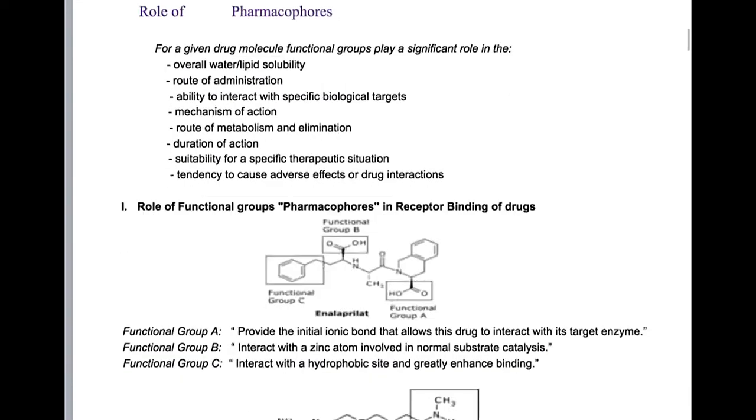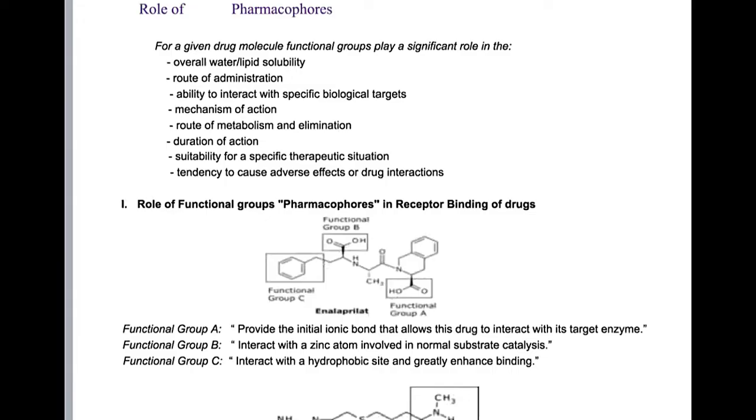But what about the role of function groups or the pharmacophores? Let's say that for a given drug molecule, function groups play a significant role in the overall water lipid solubility. The function group can determine the water lipid solubility of a compound, and the route of administration, if it is more water soluble or lipid soluble, so this is affecting the route of administration,